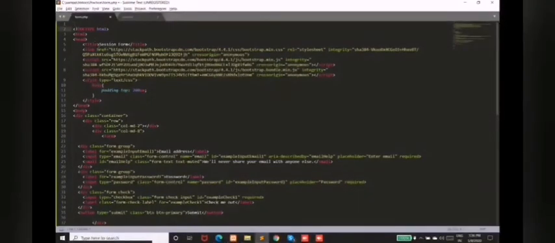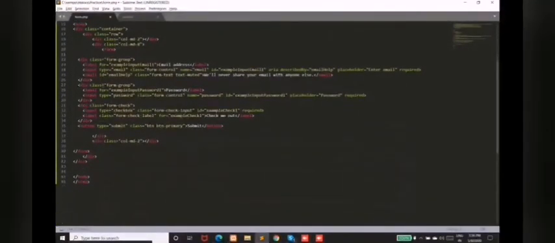Right now we will first send some kind of data and just view whether it is coming or not. For that we will add the method, that is post.